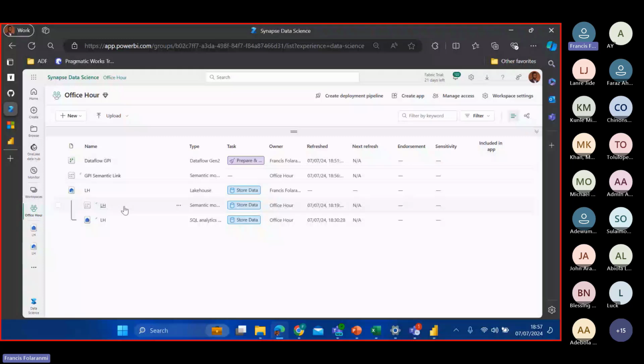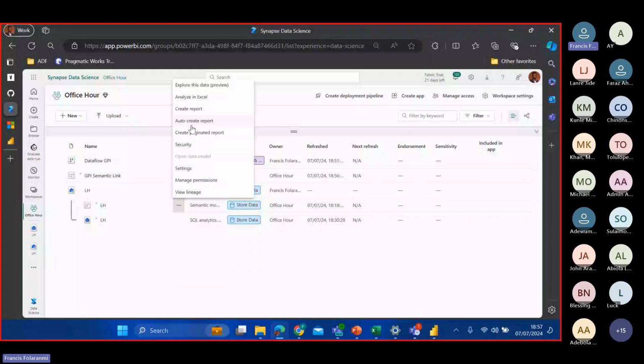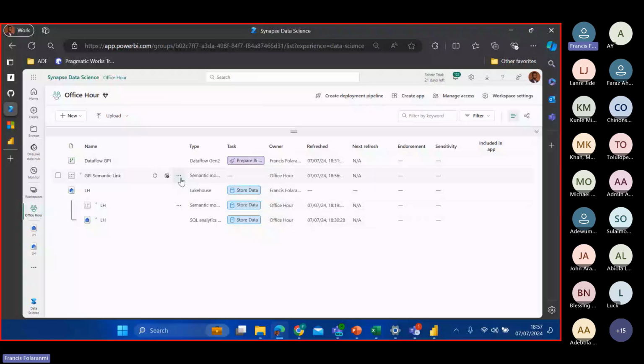If I click on this ellipsis now and click on auto create report, it will not be able to do that because it will not be able to identify which data set exactly we are pointing to. That is why it's important that you create your own semantic model and pick the data set that you are talking to. So we have this semantic model now. I can click on the semantic model that we created, then I click on auto create report.